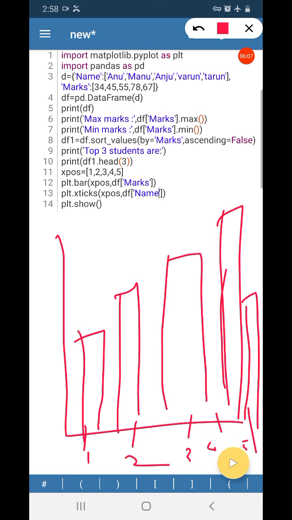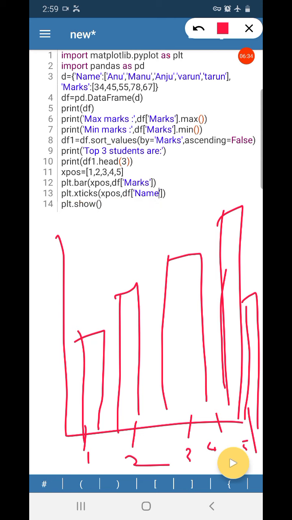For that, we are using xticks. So when we use plt.bar with the x positions, that is 1, 2, 3, and the marks being plotted here, we can replace these 1, 2, 3 by the names of the students. For that, I am using plt.xticks. That is, a name is given to each position, and that name is the name of the students.